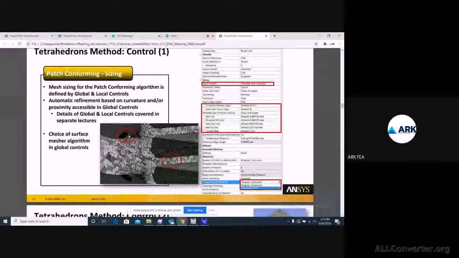Whatever default size or particular size you specify may not fit in those regions. So exactly, we add proximity and curvature, and when you have two edges in those regions, the element should be fitted correctly in terms of proximity and in terms of curvature.